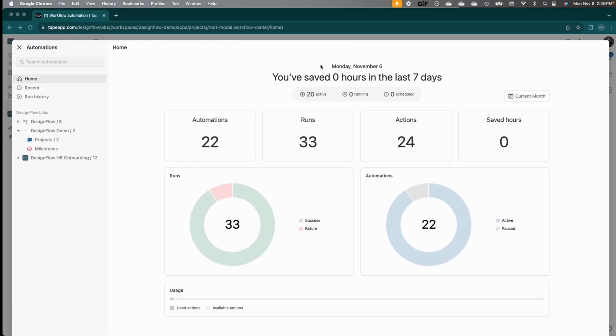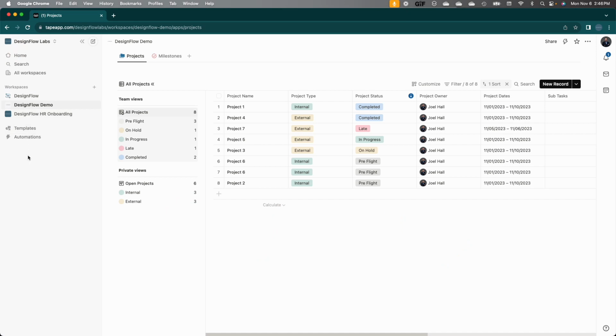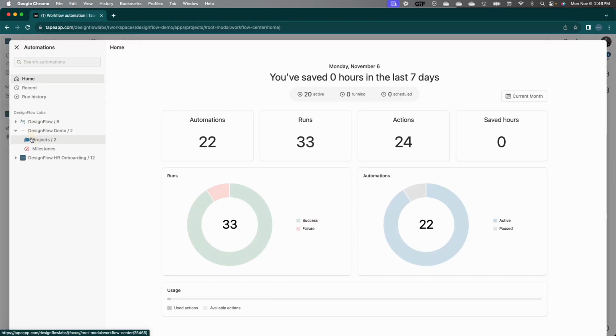So that said, let's bounce over to Tape. Right now, I am in the automations homepage. If I close out of this, I'm in my test environment here, and if I come down to automations,